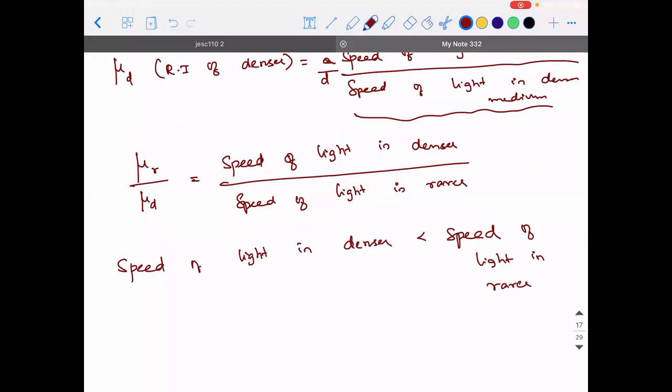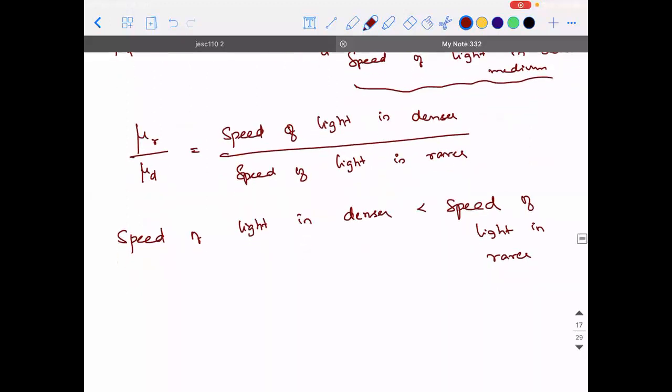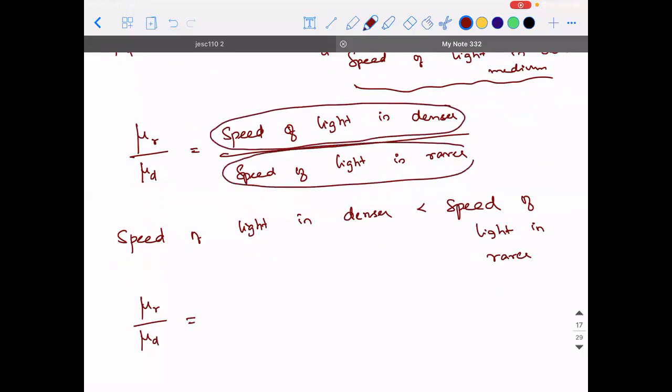So this is according to the definition, nothing that we have found. So mu r divided by mu d will be equal to speed of light in denser, that is the numerator, is less than the denominator. So when numerator is less than the denominator, what will happen? You will get the fractional value